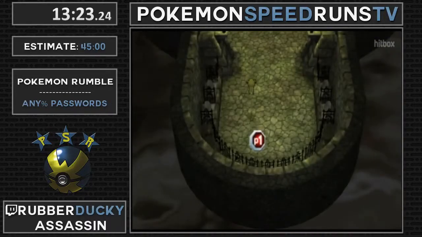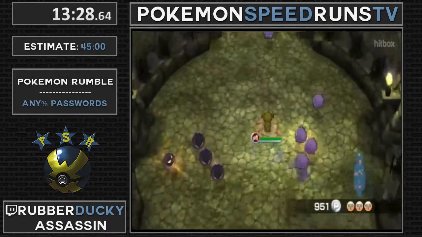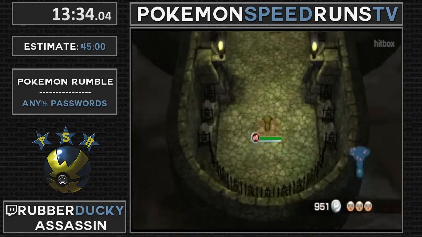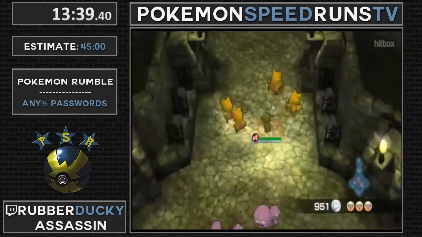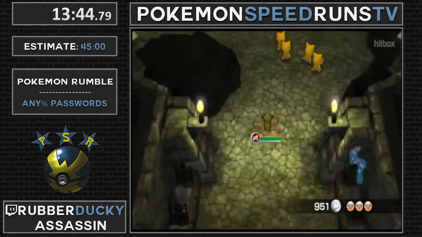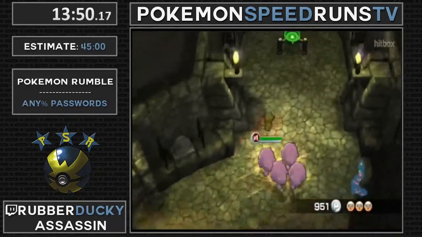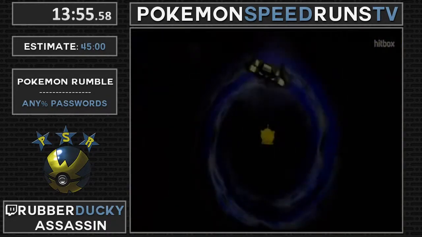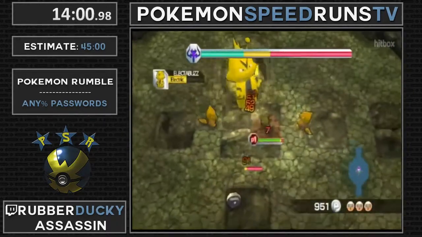I guess I can go more into how much time the password saves over no passwords. So no passwords is more RNG dependent for obvious reasons. The world record difference is about 11 minutes because I don't have a speedy Pokemon at the start of the run, and I have to rely on a lot more RNG dependent factors to get a good run going. So this run is more speedrun